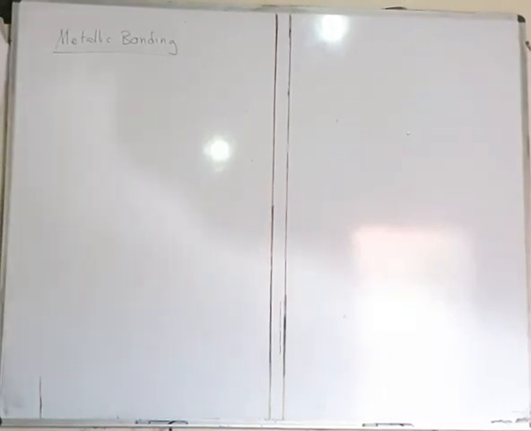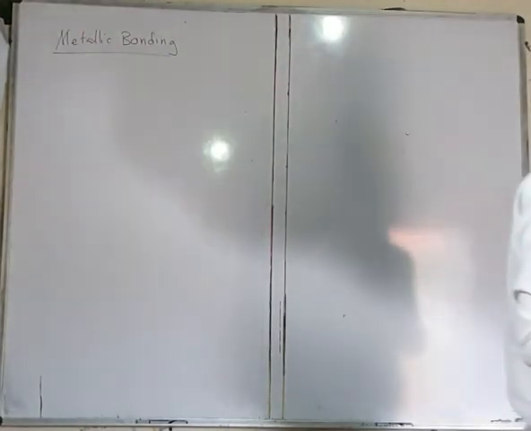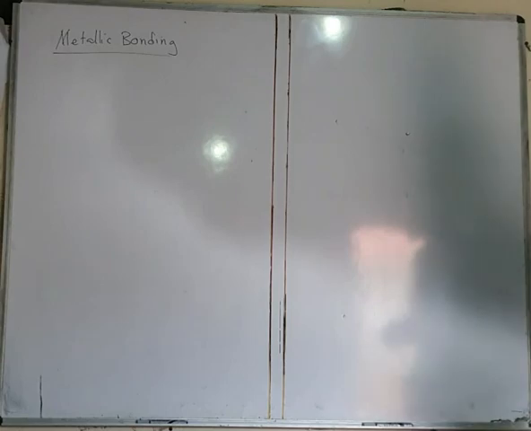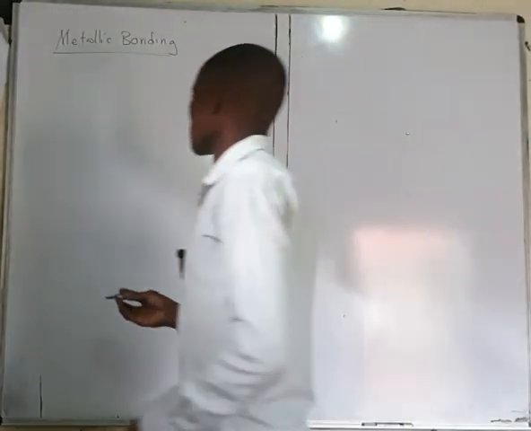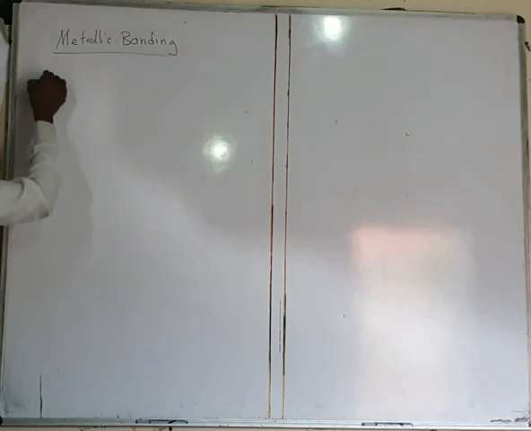It occurs between the positive charged cations and the negative charged electrons. The bond between the ions and electrons, that is what is called metallic bonding. So metallic bonding is the bonding which exists within a metal and occurs between